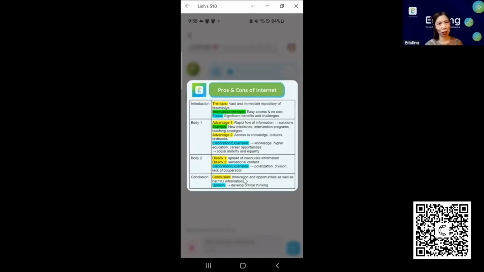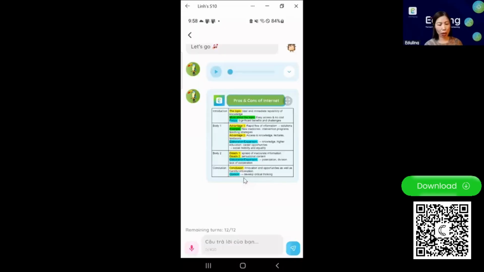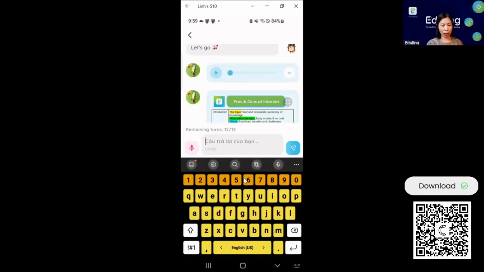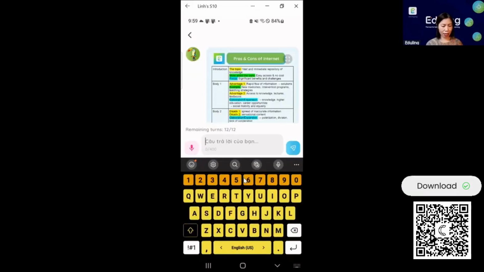I asked my husband, who's an engineer who doesn't have to write essays like this, to do this, and it is challenging to him too. So that's what we want to do. We want to present tasks that are a little challenging to students so that they can stretch their language. Okay, so after they study the notes, they can type because this is a writing course. They can type, and the first question here is that they have to write out the introduction or introduce the topic. Just type a sentence here, and saying that the internet